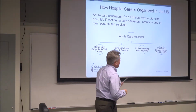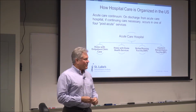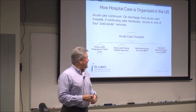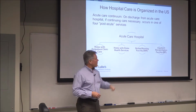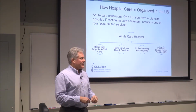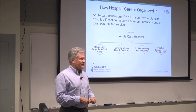If patients need to have continuing nursing care, so they need to have somebody that's looking at their vital signs, managing their medications, making sure they stay stable. If they are discharged from the acute care hospital and they need more care, in particular 24/7 nursing care, then they will usually be discharged to one of these two settings, either a skilled nursing facility or an inpatient rehabilitation facility. And so the skilled nursing facility is going to have 24/7 nursing care, but it does not have any requirements for rehabilitation. Most people do receive some rehabilitation in a skilled nursing facility, but the